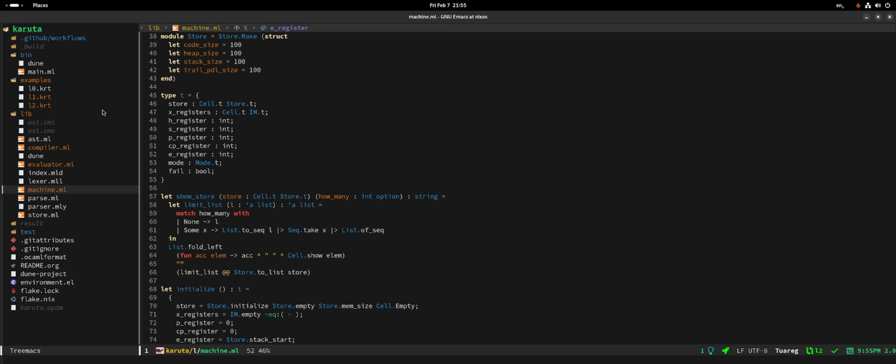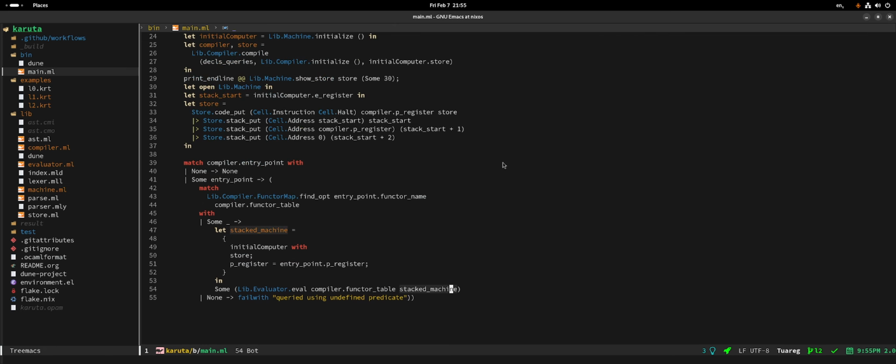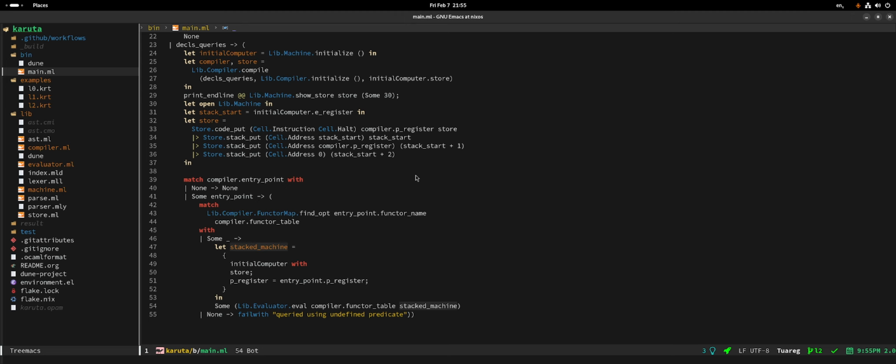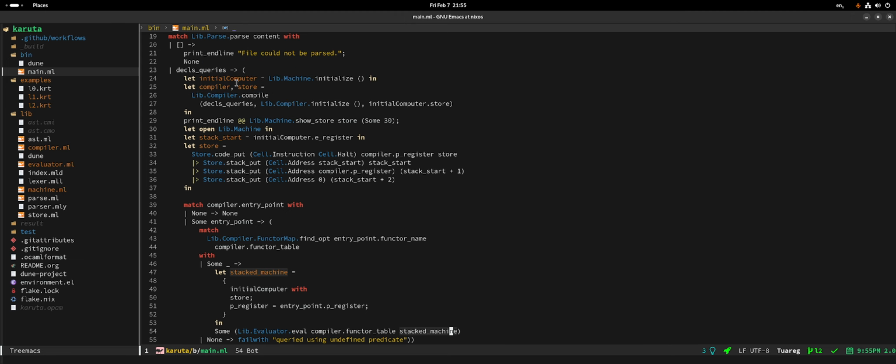But we just need to print the X registers. Like they're on line 47, no? No, that's what I'm... wait, am I crazy? Let me just check a little thing. Maybe I am crazy. Oh, here it is. So you get the compiler and that, and there is an initial computer. You see? So the compiler has registers inside it. Remember? Yes. These registers are not passed along to the machine at all. But the machine has registers and the instructions interact with the registers. Yes, but maybe that's the problem. You see?